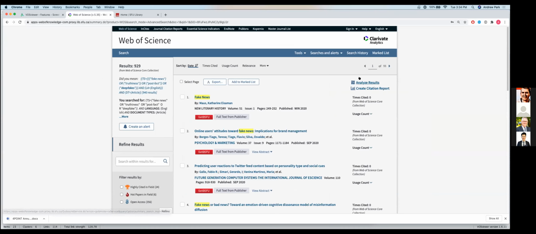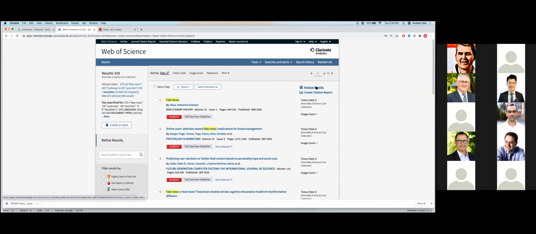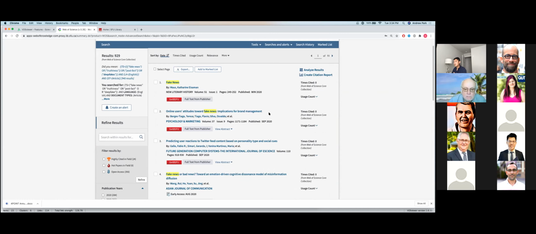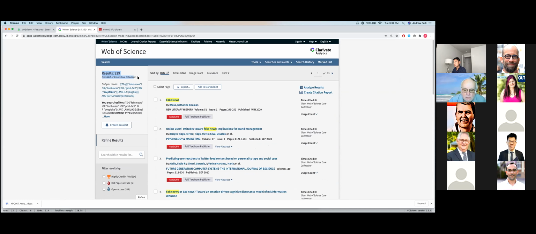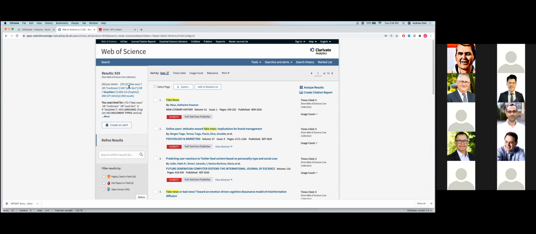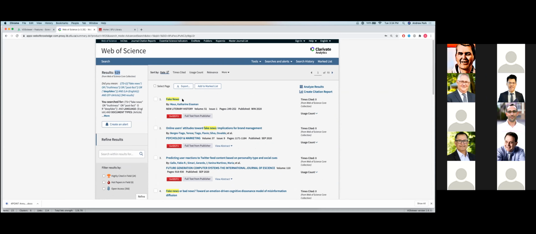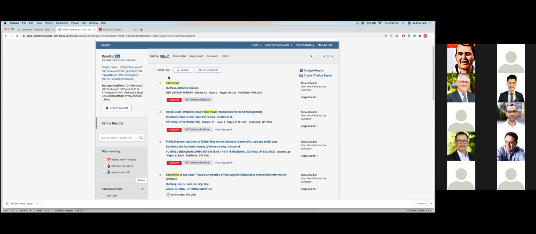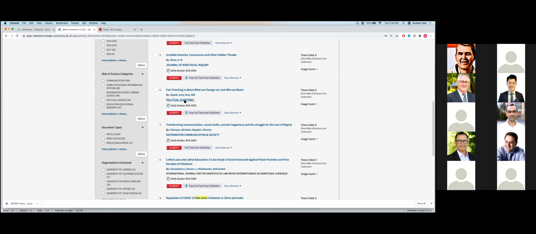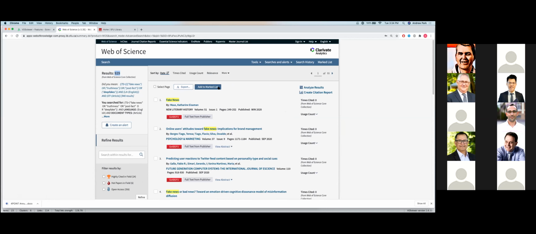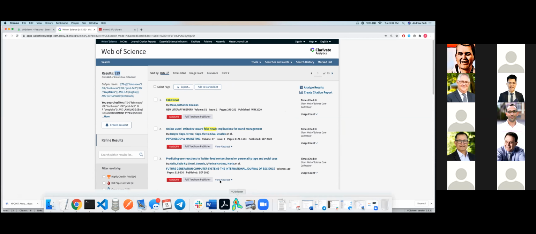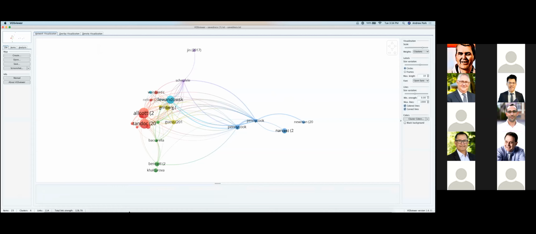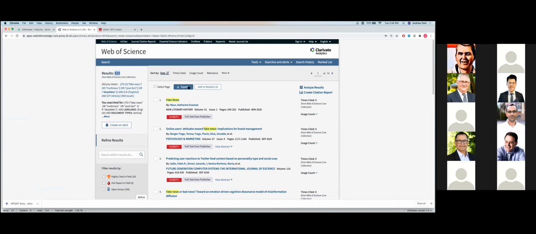So if you don't know this already, I encourage you to take advantage of Web of Science's built-in tools. But now I'm going to go back to our raw search results. Again, just a reminder, when I put in these four fake news terms, to date there have been 929 papers related to it published. Now I want to take all of this information that we're seeing on the screen and output it into a format that VosViewer can read, so VosViewer can generate these maps for us. So I just click on export,